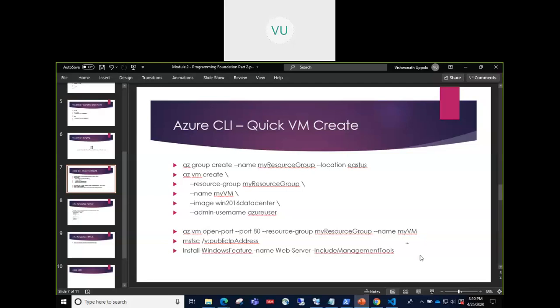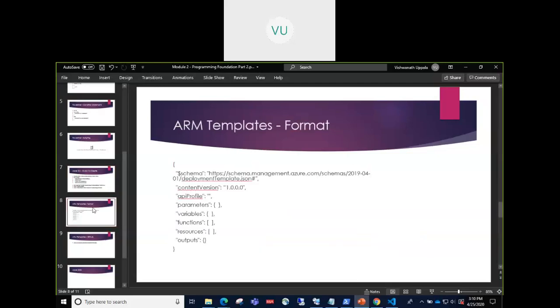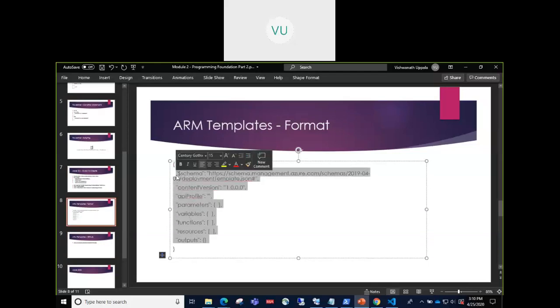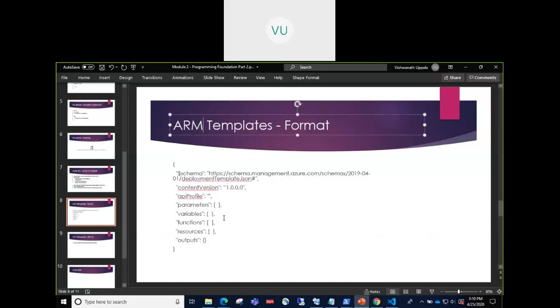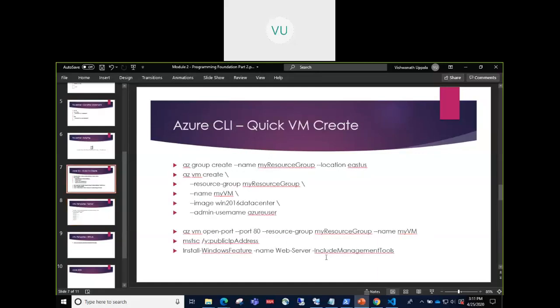Yeah, so that JSON is what we call the ARM template, right? That's what we went through. The ARM template is that JSON structure where you give the types of resources you want to create in this JSON format and then submit it to the Azure ARM APIs and it will go and create those resources. So this is one avenue. That's what we are discussing as part of this module.